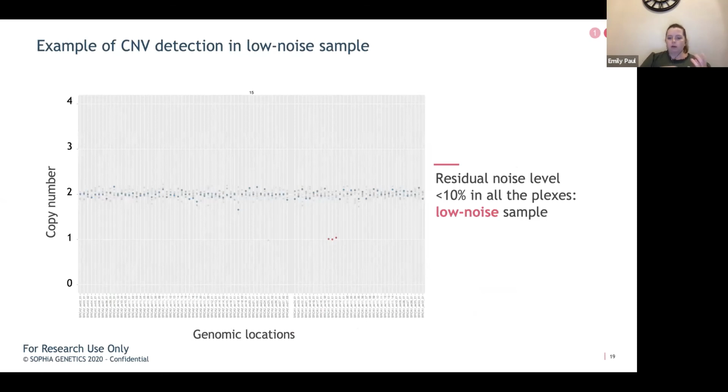Now, I've talked about noise and where it generates and how different labs can introduce that into their assay. But what we can see is in an assay where the residual noise level is less than 10%, we're able to confidently call a 3 exon deletion here in the BRCA1 gene. We see a continuous profile, and these are what we call SOPHiA dot plots, and we're able to look at the gray dots in the background as the normalization of coverage, and the blue dots as the no copy number